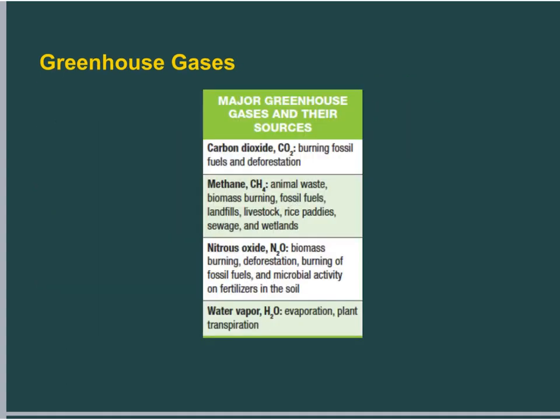All right, so here are the major greenhouse gases and where they come from. We've already kind of gone over much of this. Methane, animal waste, right? So obviously, cow poop, things like that. When you burn biomass, like campfires, or when you burn peat, or when you burn any kind of living things, that's biomass. Fossil fuels also release some methane, and nitrous oxide comes mostly from burning of fossil fuels and fertilizers. And water vapor, we know, comes from natural processes like evaporation. So these are the big four here,